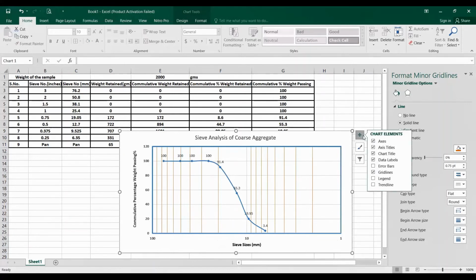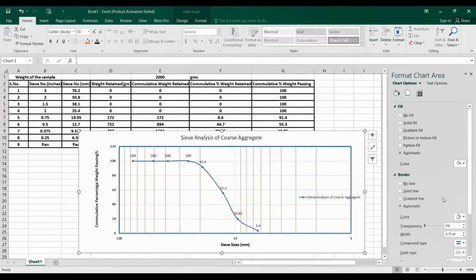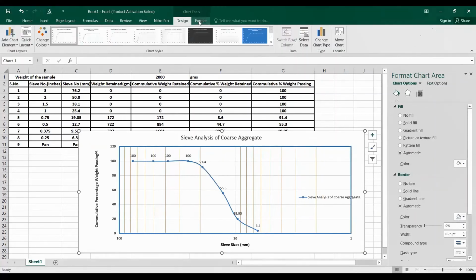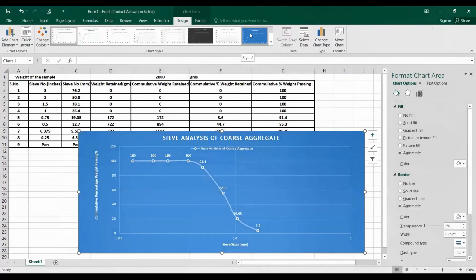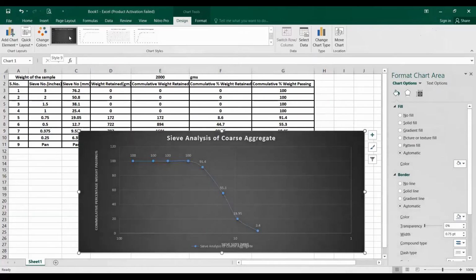Now you can put data labels and legends. It's totally up to you. So what are the other things you can do? You can make your graph more attractive by going into the design, layout and format options. You can change the color, even the color of your graph line as well.